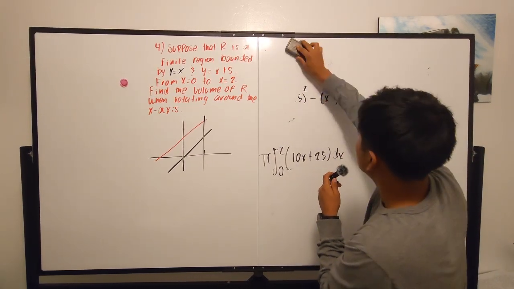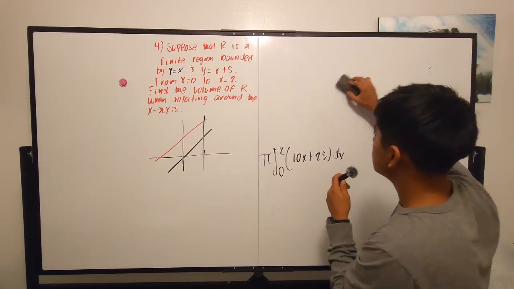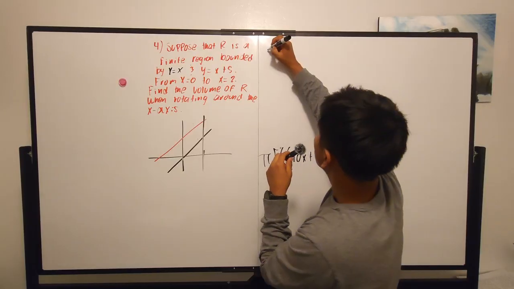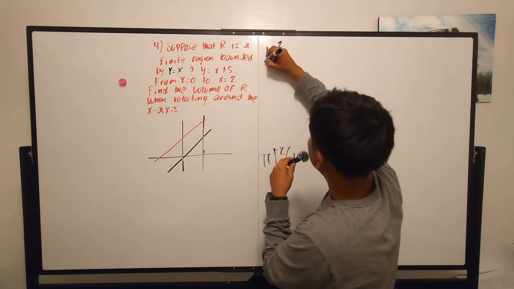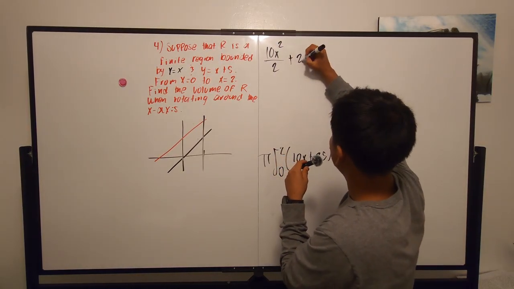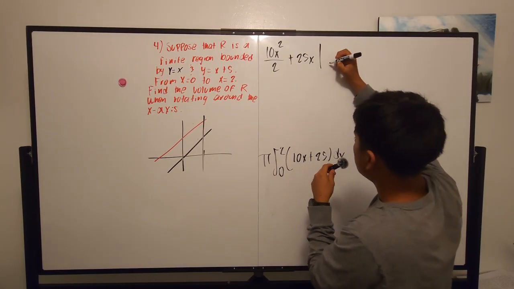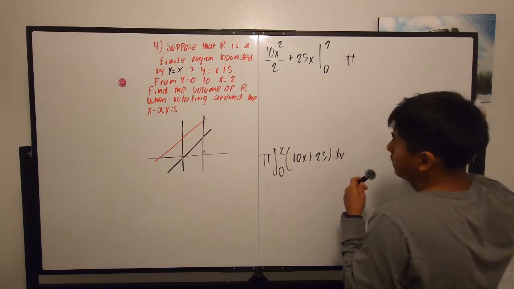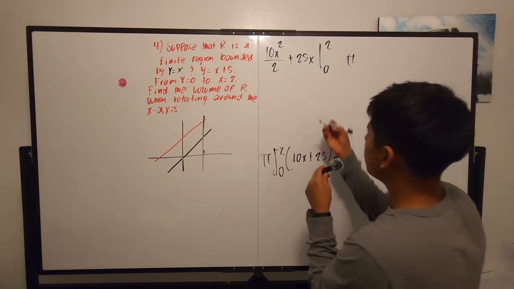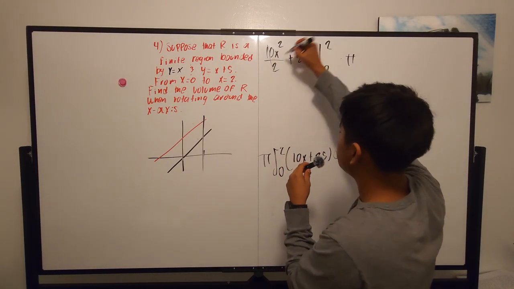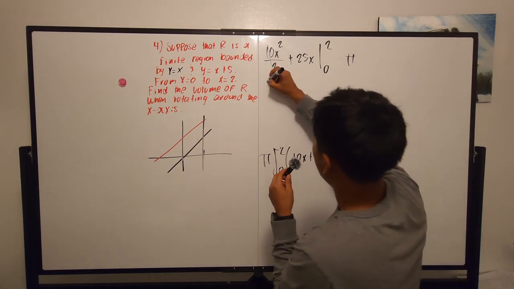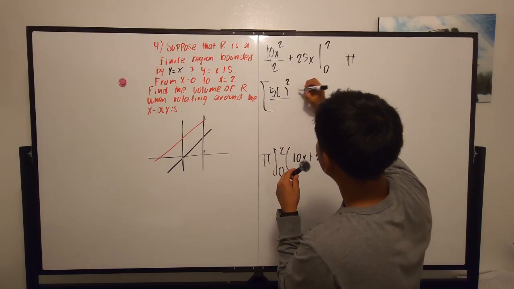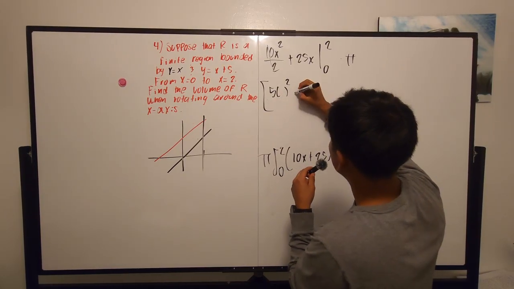So now we can integrate. This is going to be a simple reverse power rule. So we have 10x squared over 2 plus 25x evaluated from 0 to 2, and then we're going to multiply it at the end by pi. So first of all, this will simplify to 5x squared. So we have 5x squared, not over anything, plus